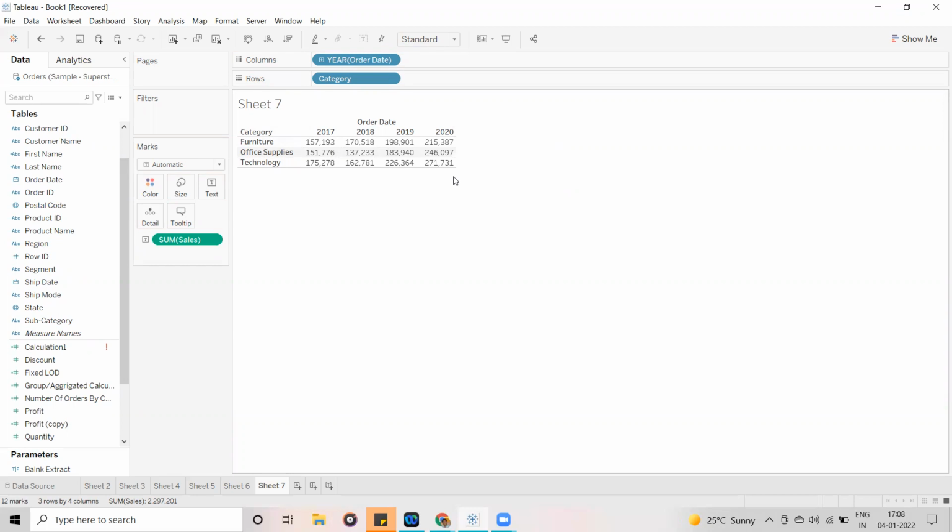Now coming to the definition of table calculation. Table calculations are going to be computed on the Tableau local data.